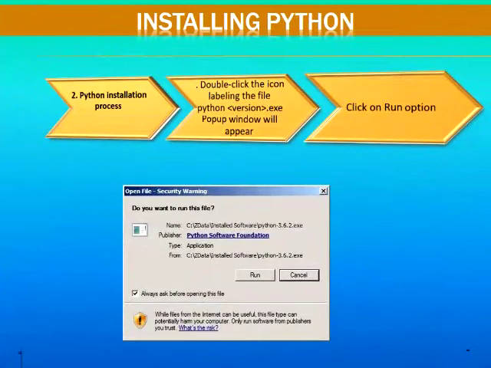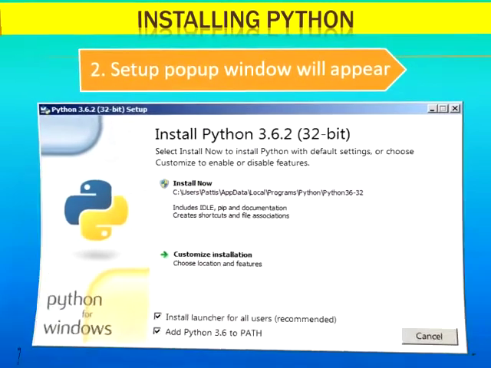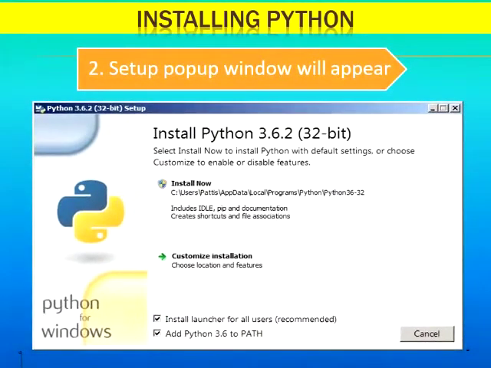Now after downloading, we need to install the Python language by double clicking on the exe file. A pop-up window will appear from which we'll click on the run option. After that, a pop-up window will appear in which we need to select the option of install now.